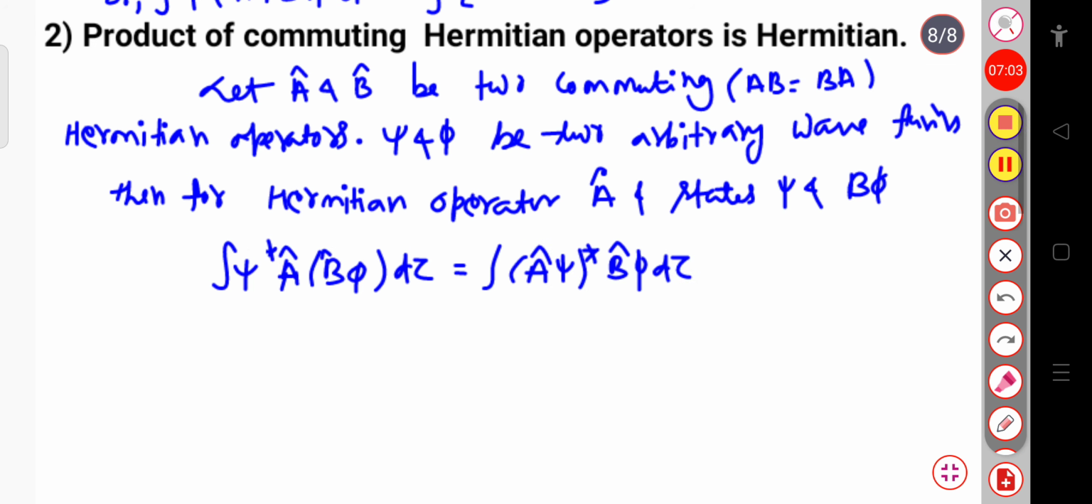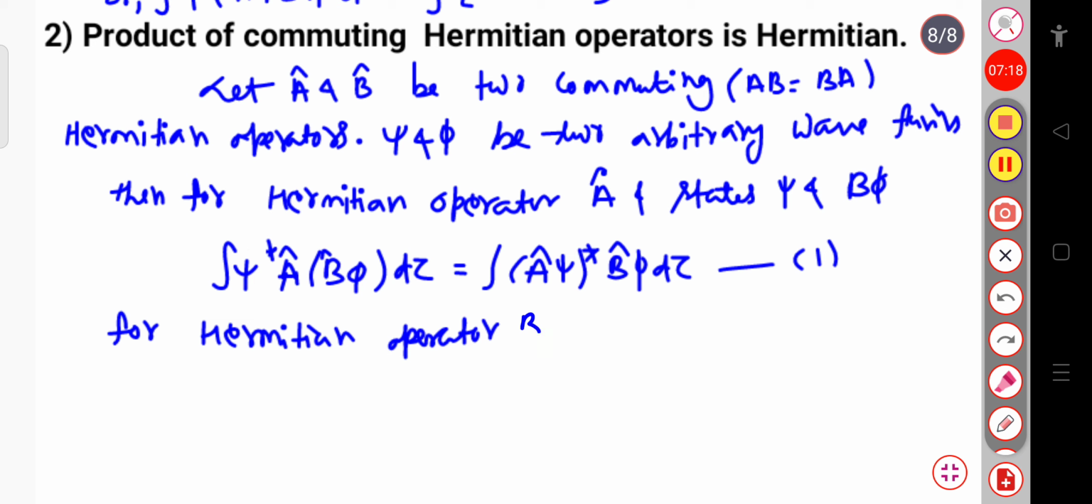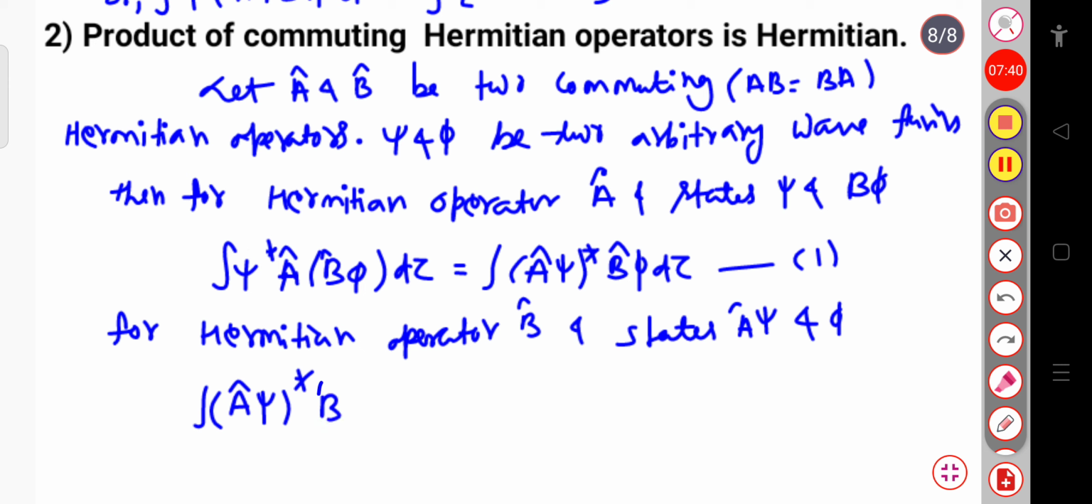So let me give, this is, suppose, equation number 1. Now also for the Hermitian operator B cap and states psi and B cap phi, that is A cap psi and phi, we can write. So here simply, A cap psi whole star into B cap phi d tau,